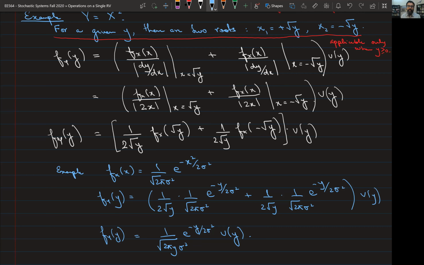I mean, this is of course not a Gaussian random variable, right? Why is it not a Gaussian random variable? This does not have a Gaussian form, and the biggest giveaway is the fact that this is non-negative, right? A Gaussian random variable is both positive as well as negative. Okay? So it's just a simple application of the relationship that we derived above, and we can have many more